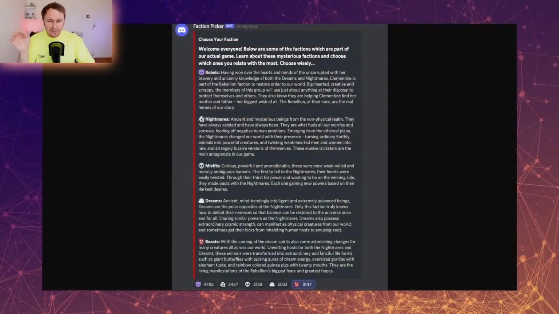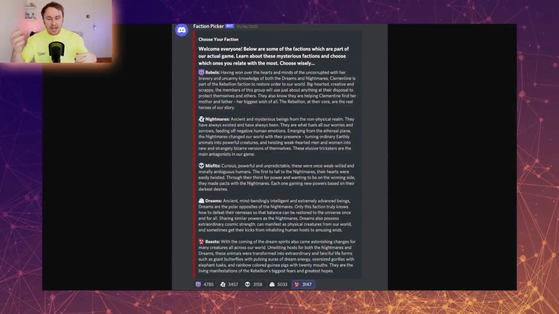Now, something I want to touch on in the game is they've essentially got factions. Now, these aren't good guys, bad guys, or things like that. These are just different groups that will fight each other and be against each other. When you join the Discord, you do the verification, but they also want you to join a faction. Now, you've got Rebels, Nightmares, Misfits, Dreams, and Beasts. What this does is it starts to build a bit of tribalism within the server itself. So you have a group to belong to. And these factions are what are actually going to be released into the project itself, which is great because you're starting to be along for the journey and the ride and start to identify with particular factions,